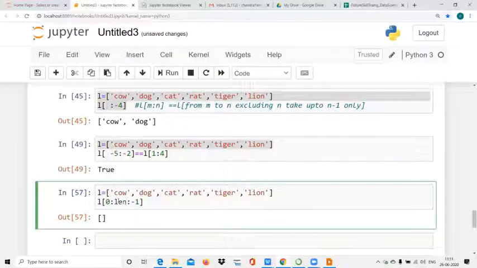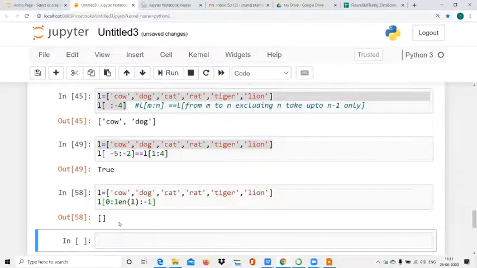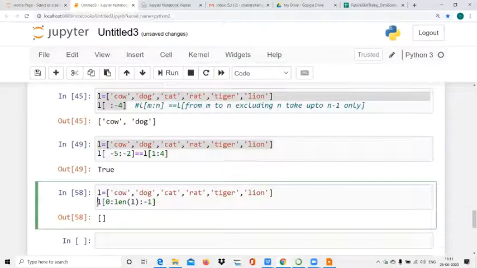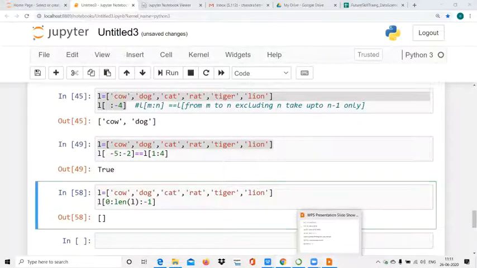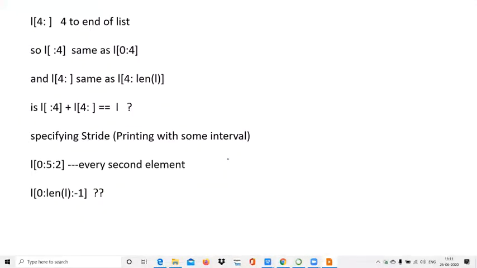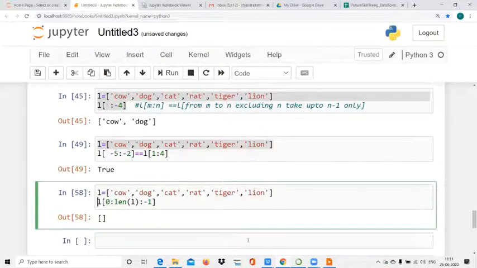Length of L. Actually, it should print in reverse order, but it is not printing well. Does anyone know this reversing? Suppose you want to reverse this list. Okay.